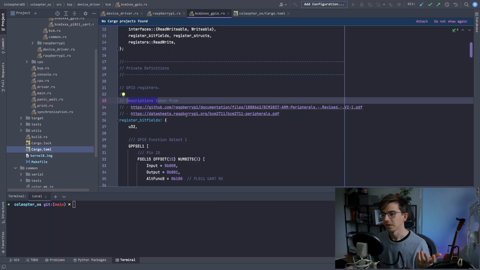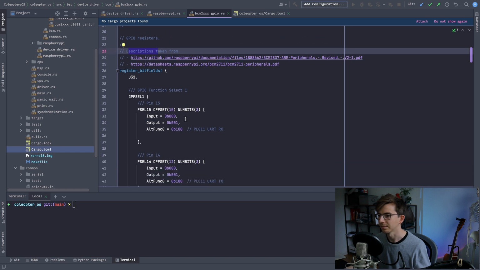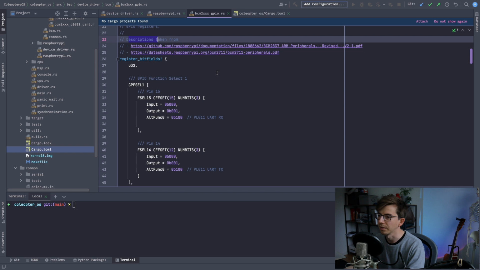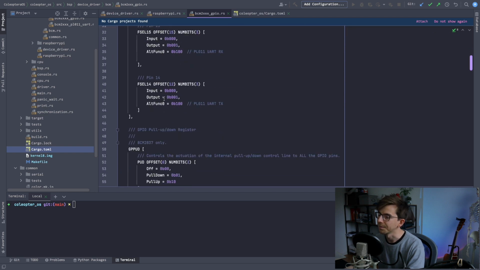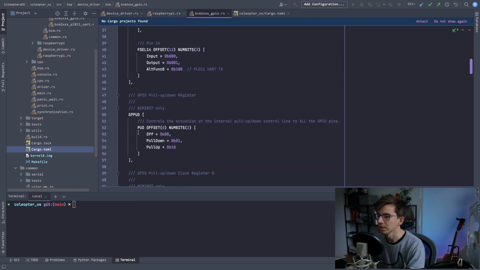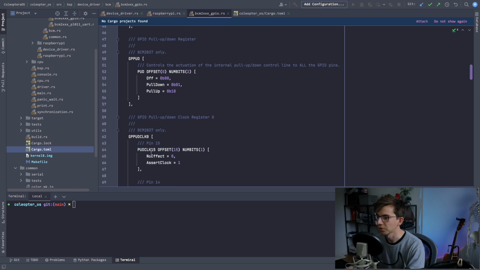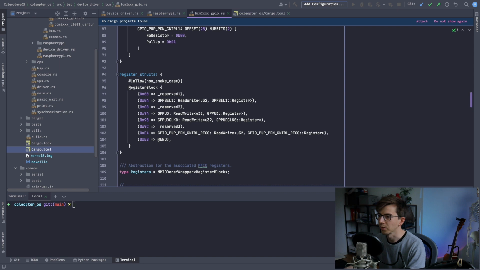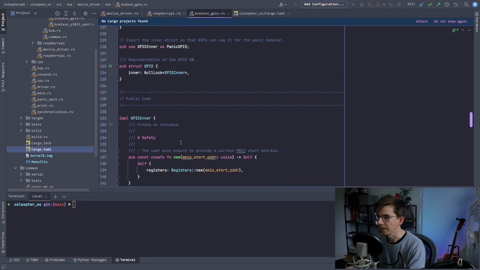You can read these reference materials by yourself, but basically what the author of this driver did, he took this information, packed this in some constant structures, and used it in the functions. For example, the interesting one is register block. It gives us access to the most important things for us, like read, write, input, output things, and then